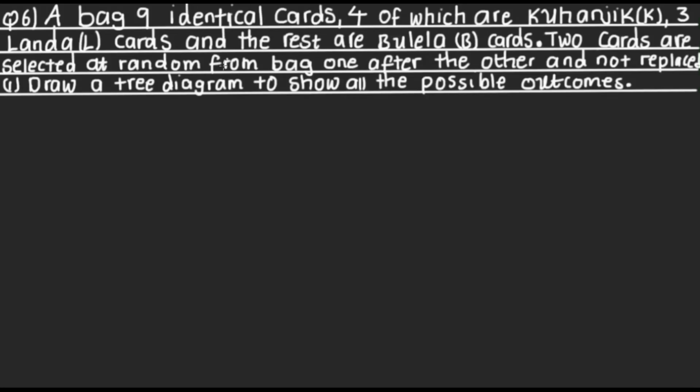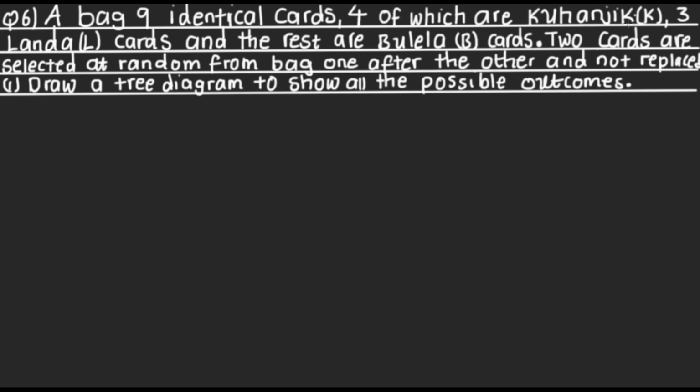Welcome guys. So we are going to look at question 6 of Mathematics Paper 2 for the year 2022 for the GCE. This question is coming from the topic of probability. The question reads, a bag contains 9 identical cards. So this 9 represents the total number of these identical cards, then four of which